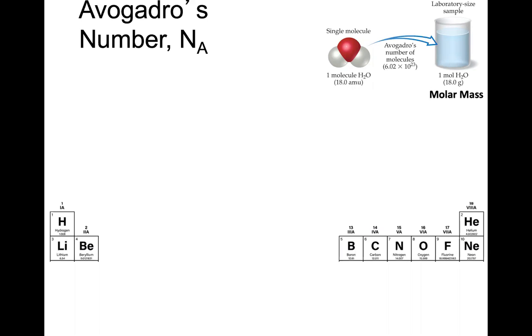What if I, though, now, instead of talking about just one of those molecules, I scale it up by talking about it by a whole mess of them. And by a whole mess, that's a scientific term for Avogadro's number, 6.02 times 10 to the 23rd. Instead of just talking about one molecule, let's talk about 6.02 times 10 to the 23rd of those, or a mole amount. In that case, instead of having my units be AMU, now my units are grams. And instead of talking about the mass of one molecule, we're talking about the mass for a mole of them, the molar mass. We're going to be using molar mass all the time in this class.